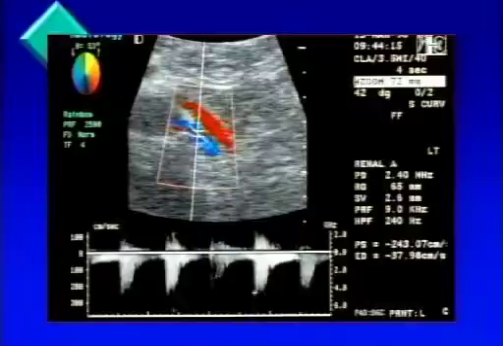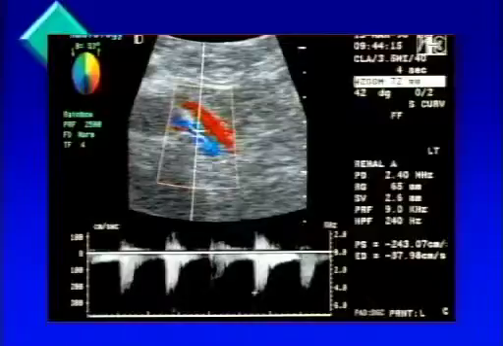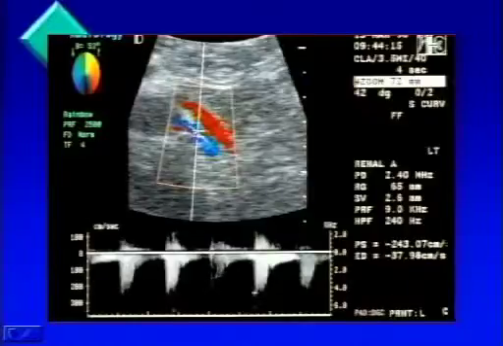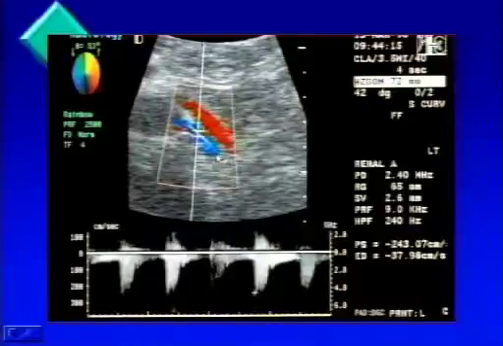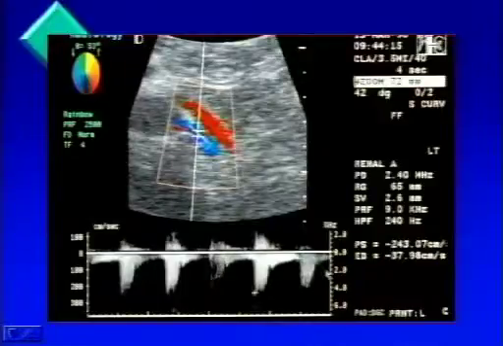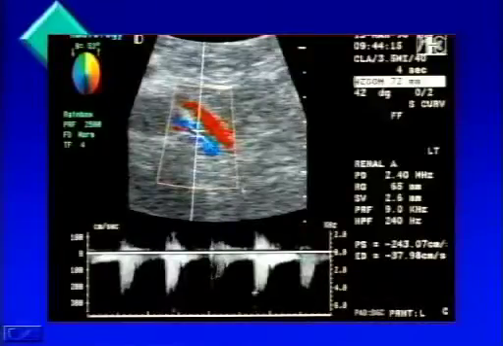So this is an example of a patient that has a greater than 60% stenosis. First off, you'll notice that our artery is color encoded in blue. In this particular patient, the sonographer is a Doppler purist, and we're actually showing flow as it truly is in regards to the Doppler beam. So we're showing the left, I believe this is the left renal artery, coursing off of the abdominal aorta, flow going away from the transducer, so it's color encoded blue. Also, the corresponding spectral tracing is being displayed below the zero baseline because it's going away from the transducer. So it looks a little odd, but in a Doppler purist fashion,